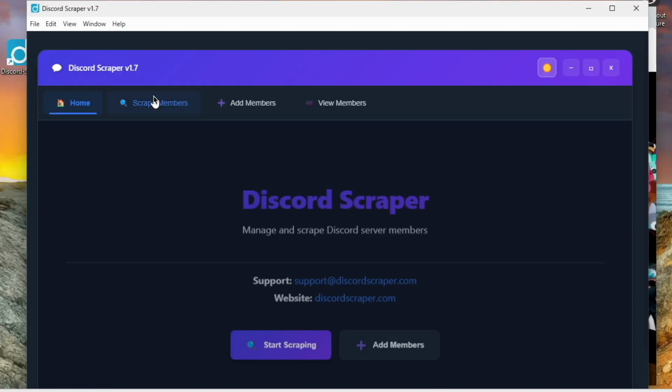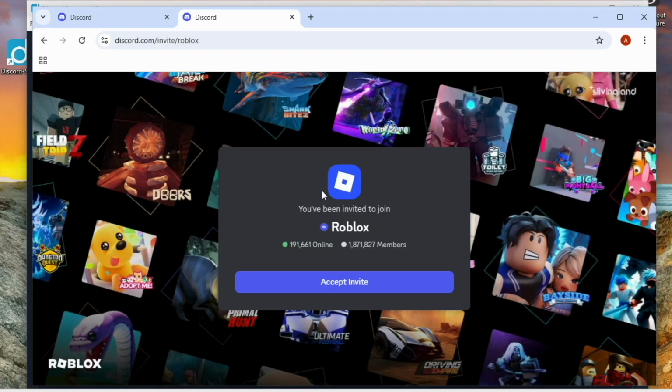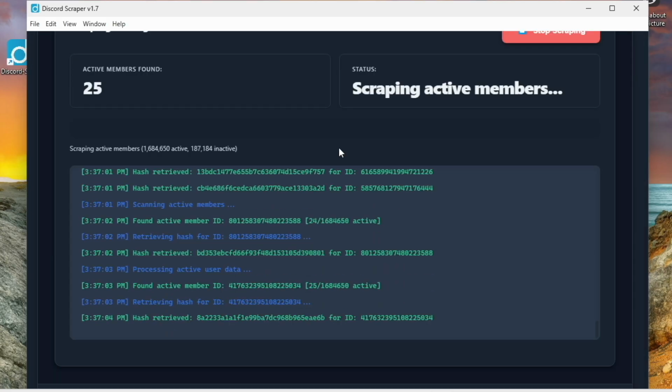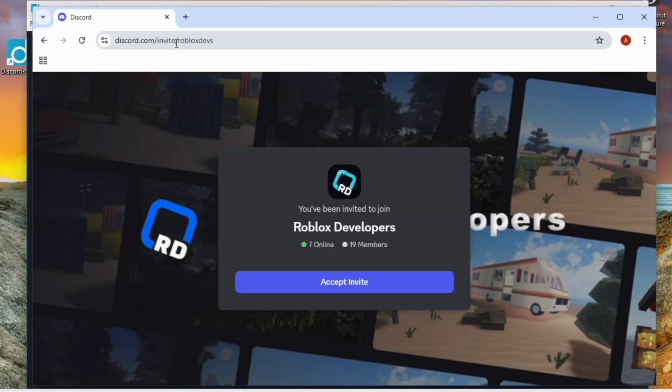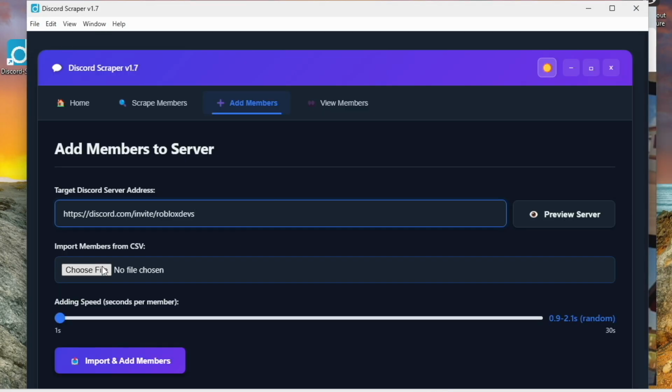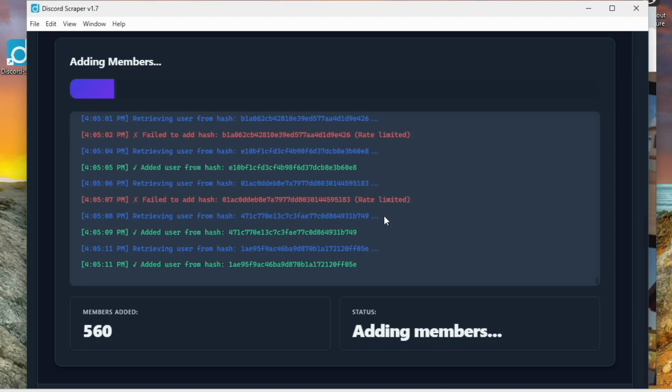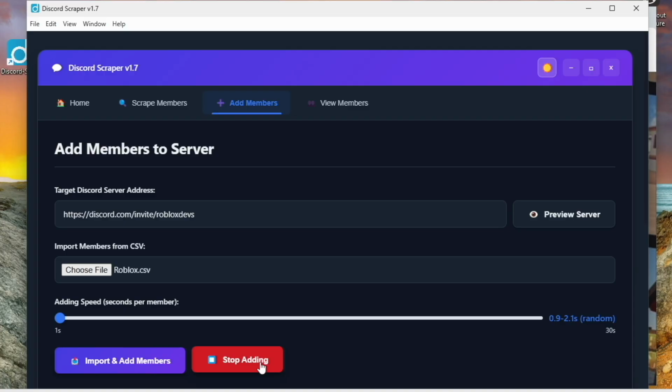Growing a Discord server takes time, especially when you're starting from scratch. The real challenge isn't creating a server, it's getting the right people into it. That's where Discord Scraper comes in. Discord Scraper is designed to help you grow your server by reaching users who are already active in similar or